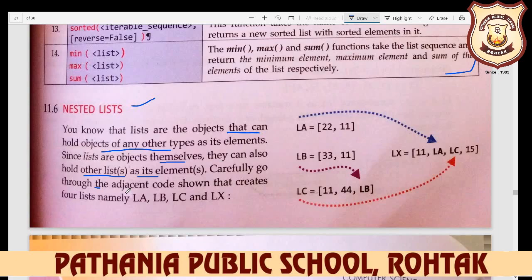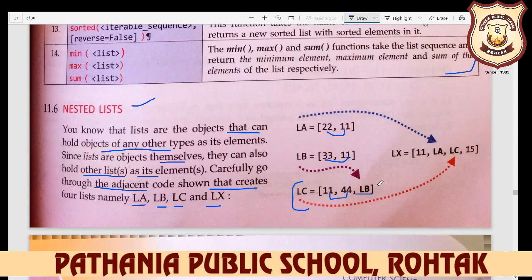Carefully go through the adjacent code shown that creates LA, LB, LC and LX. So you see here L1A. LA is 22 and 11. LB is 33 and 11. Here, we have taken another list, LC, and in LC you have written 11, 44, LB.